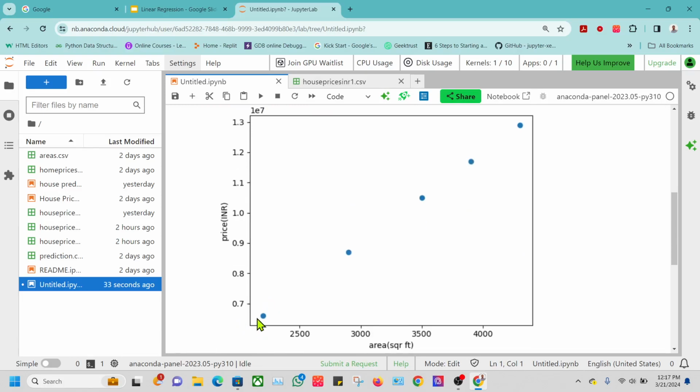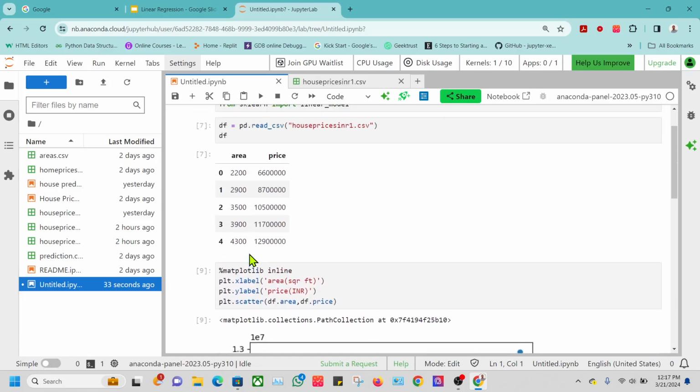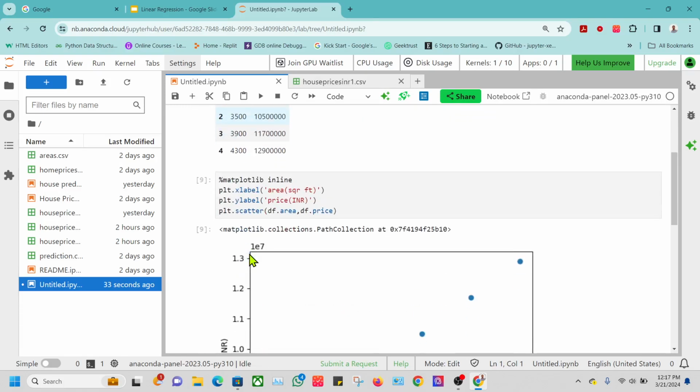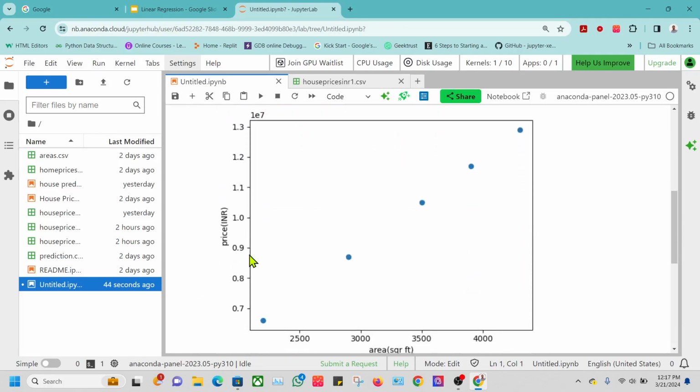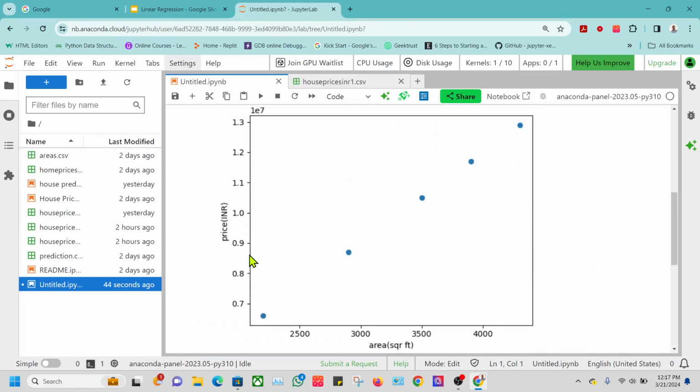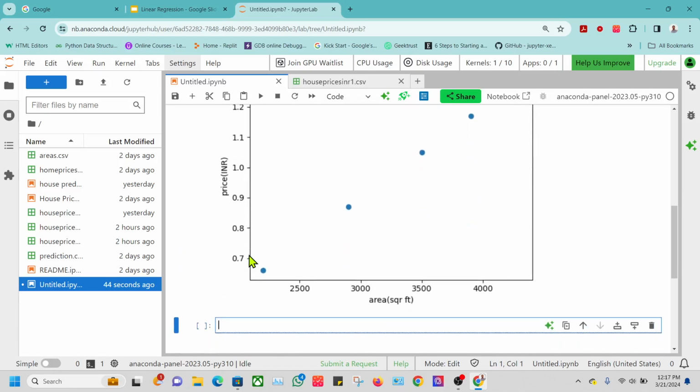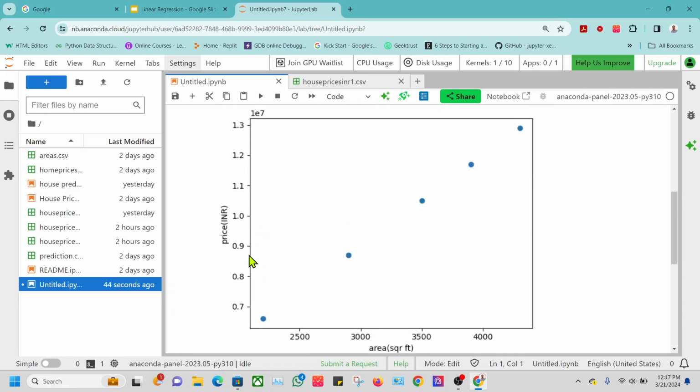So here you get the 66 lakhs, and here you will get the point of 87 lakhs, and if you want you can change